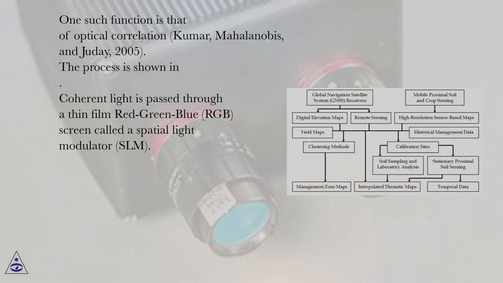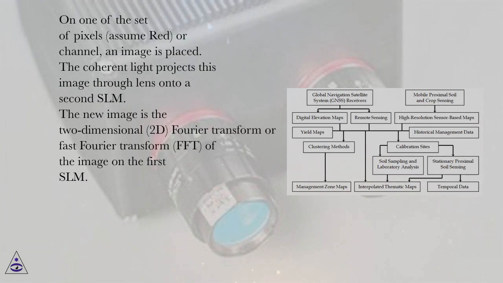The process is shown in the figure. Coherent light is passed through a thin film red-green-blue, RGB, screen called a spatial light modulator, SLM. On one of the set of pixels, assume red, or channel, an image is placed. The coherent light projects this image through a lens onto a second SLM. The new image is the two-dimensional, 2D, Fourier transform or fast Fourier transform, FFT, of the image on the first